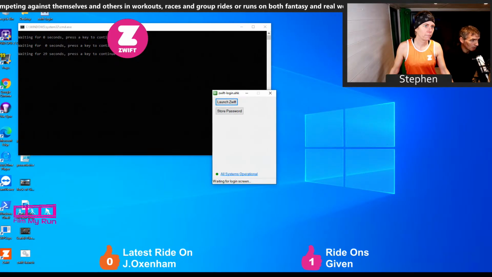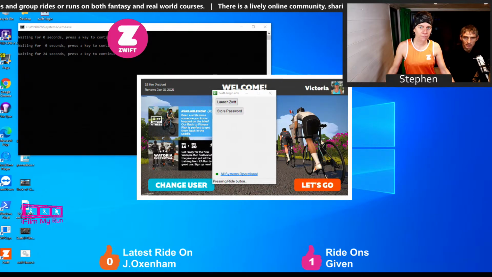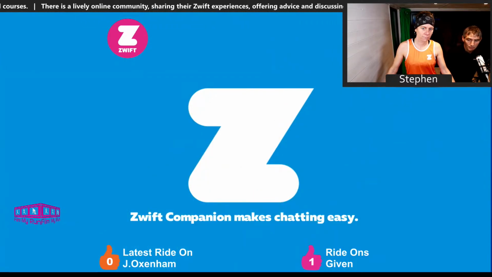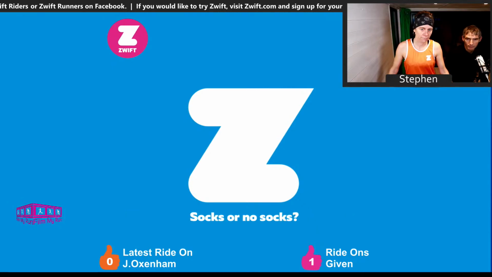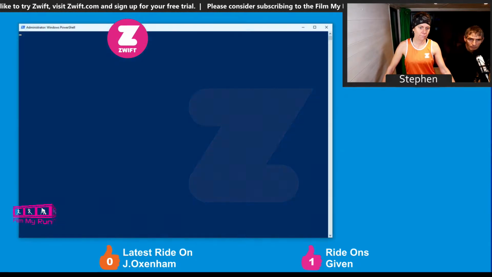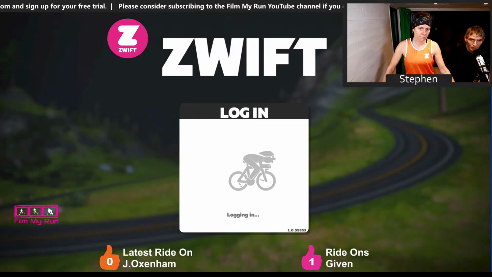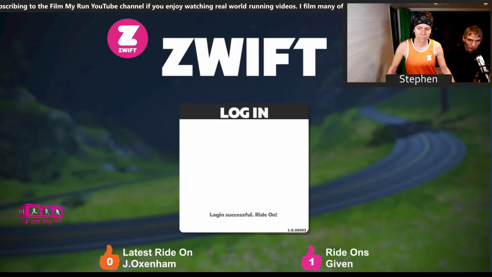Hopefully everything will pair up nicely this time. So this all happens automatically. The computer is set up to automatically load Zwift and all the related little programs that we run to help our stream. So if you're using Zwift on a PC, you won't have all these. See all these extra windows flashing up here. You won't have all of them. Don't worry about those.